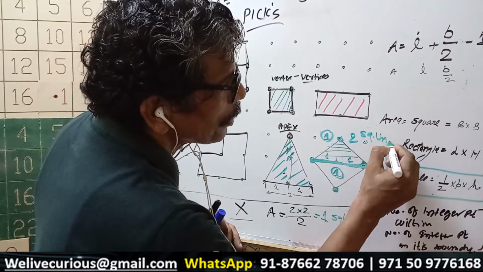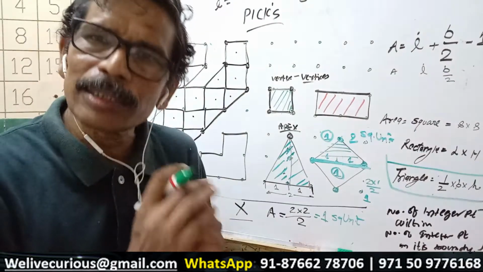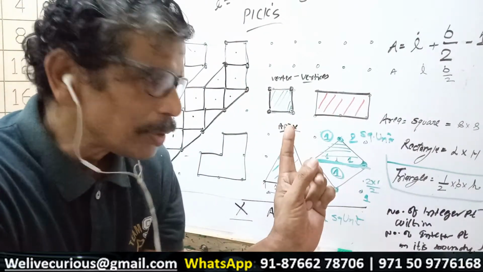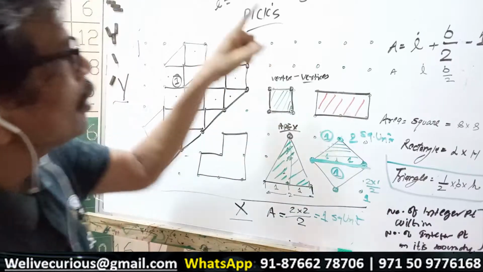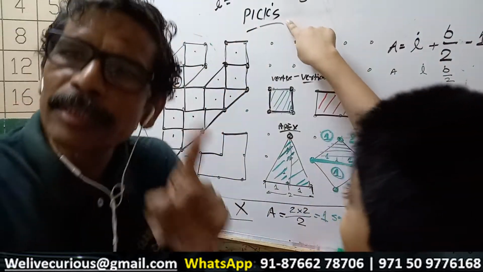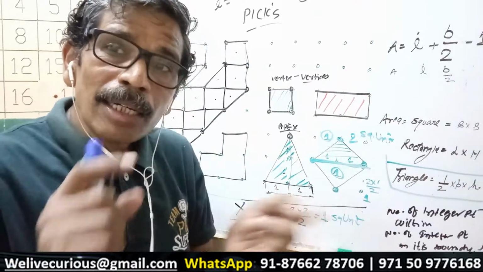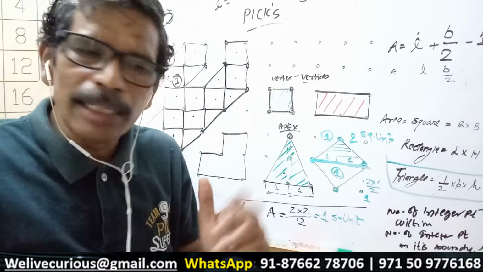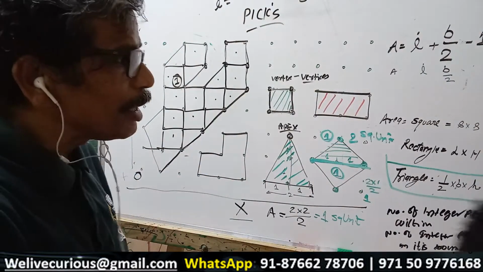Okay. Now you don't get why we are doing this calculation. We are doing this calculation because we are also going to cross check it with Pick's theorem. This we did manually and then we will see if we apply Pick's theorem, how fast and how easy it is going to be. Can you check the area of this, Avi?